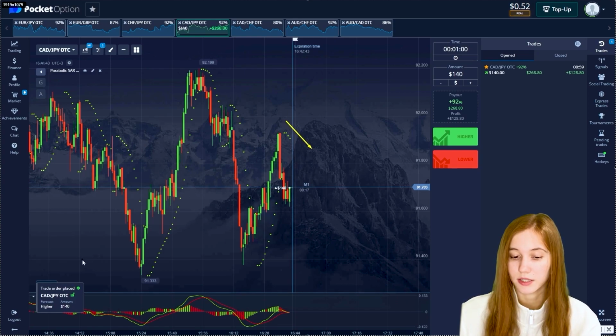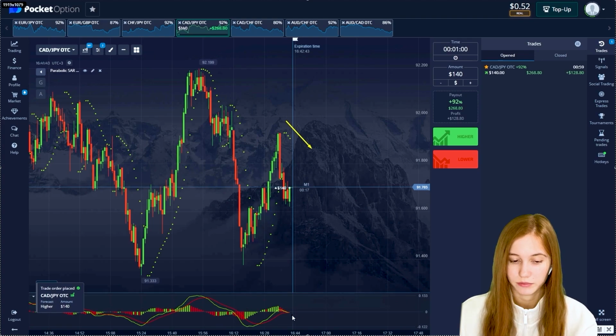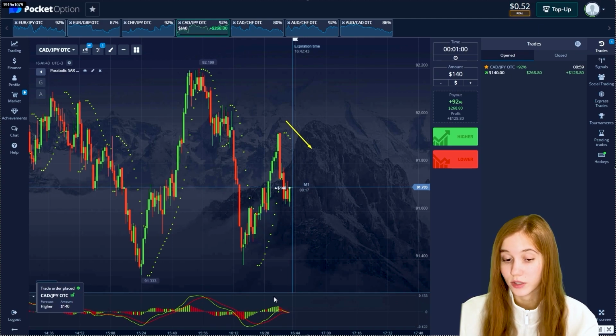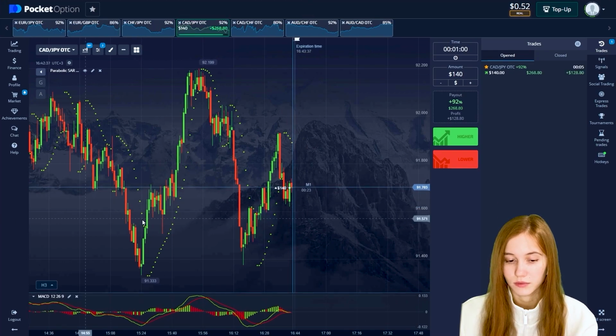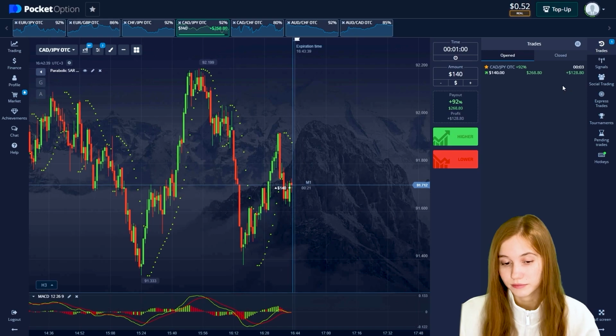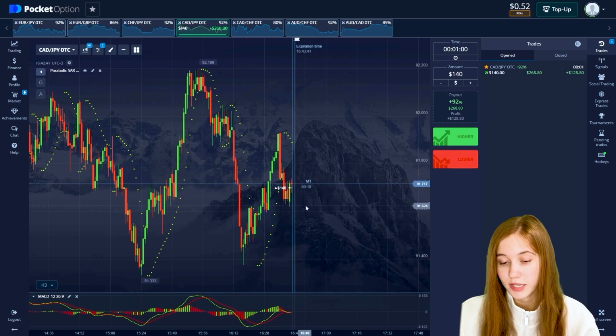On the market we see consolidation. And also the last range we have is the red bar, but still they approach the zero mark. The trend is not changing. Yeah, great. Plus deal,